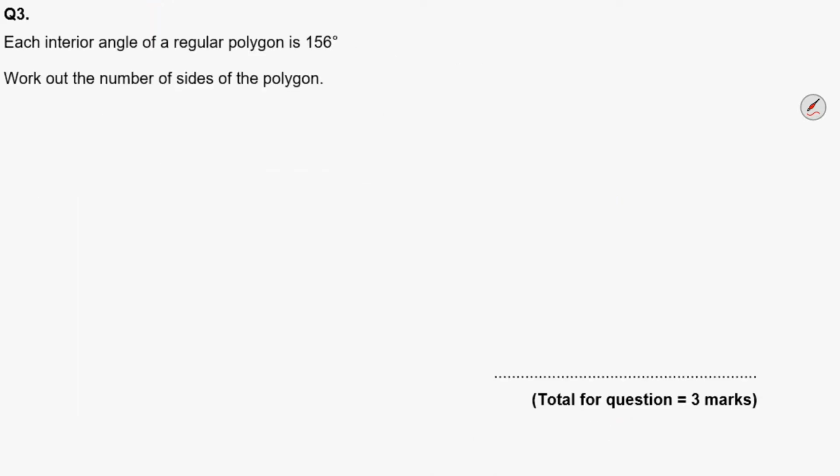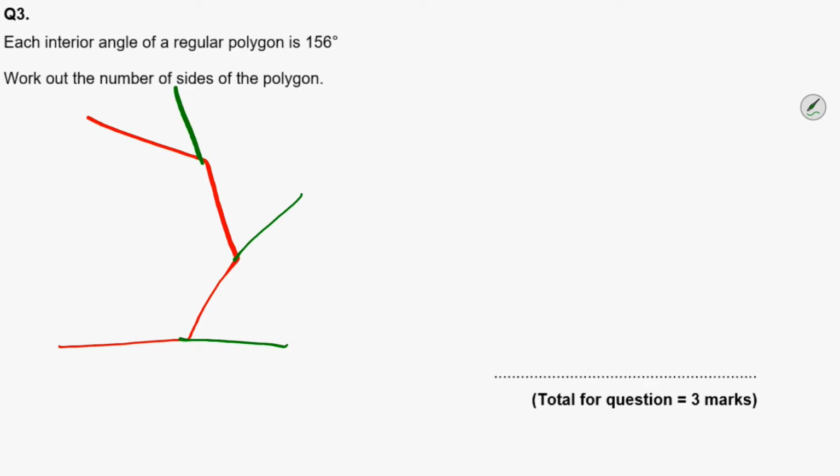In number 3, we are told that each interior angle of a regular polygon is 156 degrees. Work out the number of sides of the polygon. Now, let's assume that the polygon looks something like this. This is just part of the polygon. Now, if I extend each of these sides like that,